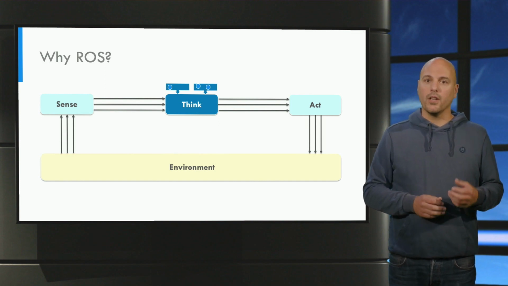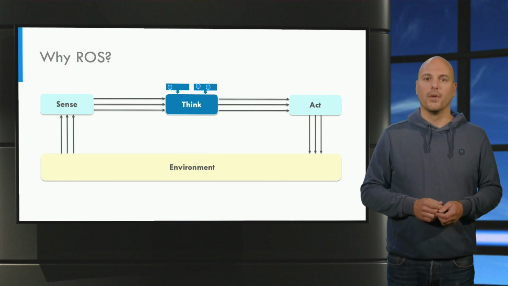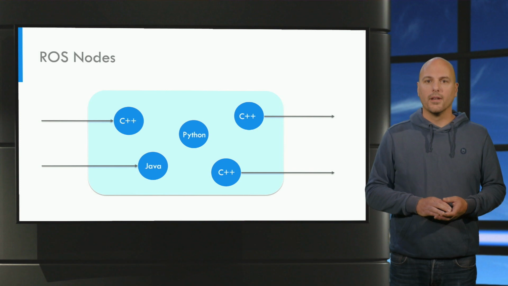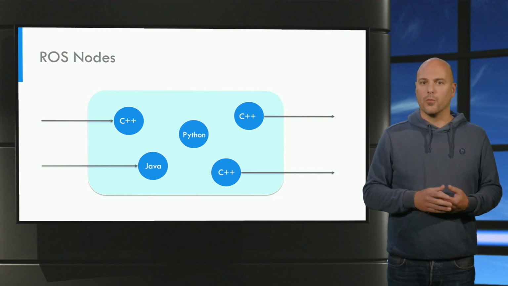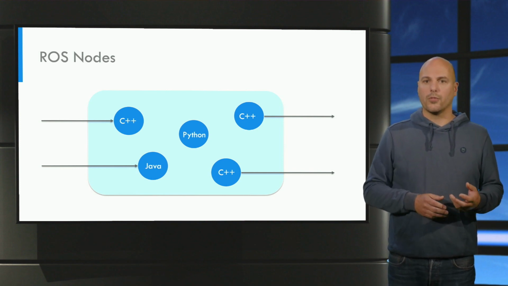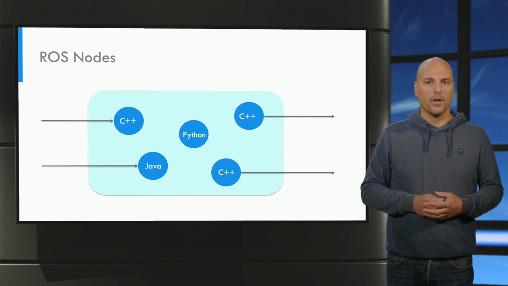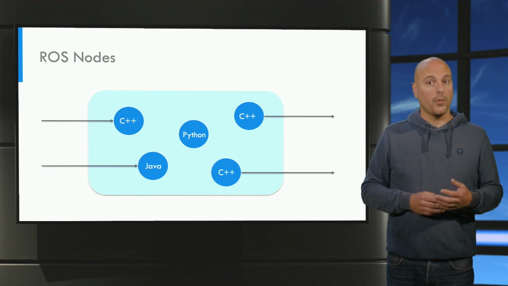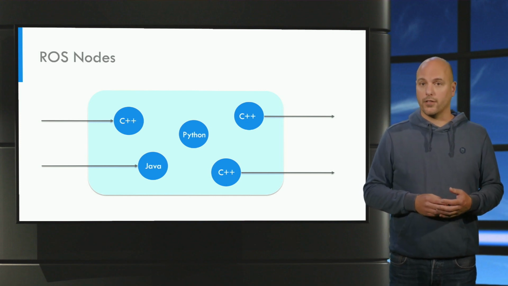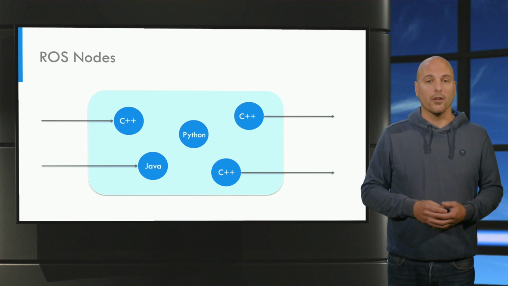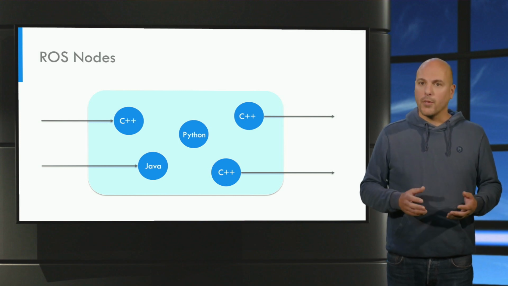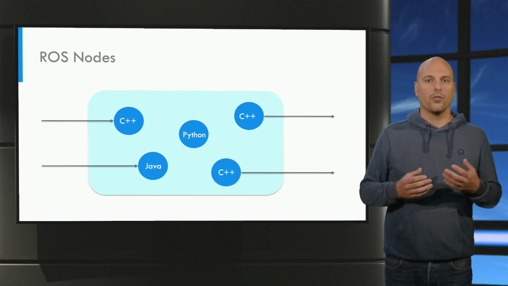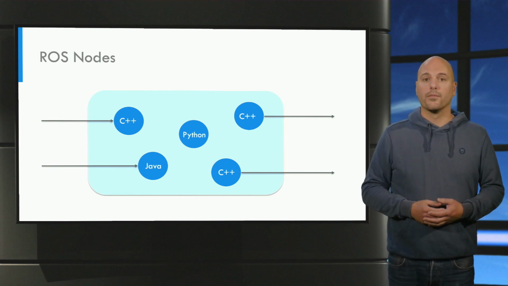Now that we know that we need a modular, multi-threaded system, the question is how? This is where ROS nodes come in. Each package has one or more nodes, which are just standalone processes running on your computer. With ROS, this mostly means a computer running Ubuntu Linux, but it can also be run on other Linux distributions or even macOS or Windows. There might be nodes reading out sensor data, nodes for decision making, and nodes for communicating with actuators.